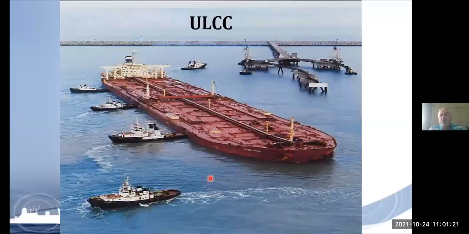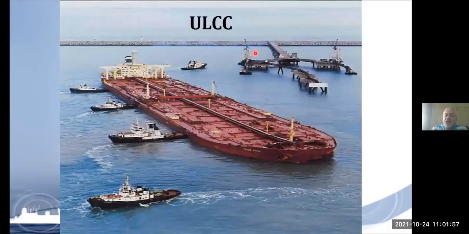This is a beautiful world-famous picture which is available in many places. And this is a ULCC, an ultra large crude carrier. The name is Jahre Viking, and the capacity of this tanker is 5.5 lakh tons of crude oil. And you can see these boats, 1, 2, 3, 4, and this is 5. So 5 tugs are trying to put this tanker on the jetty here.